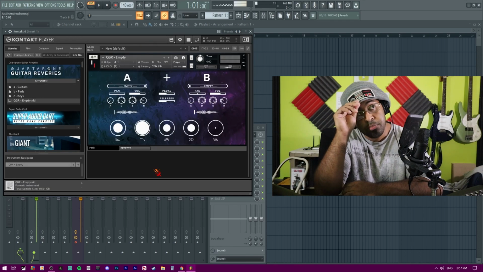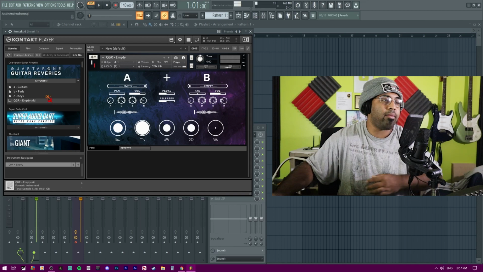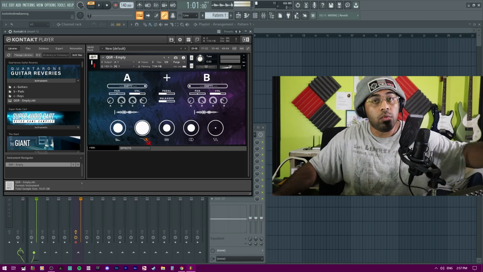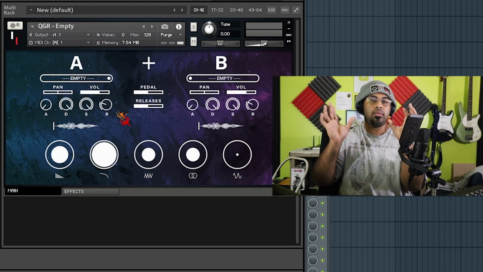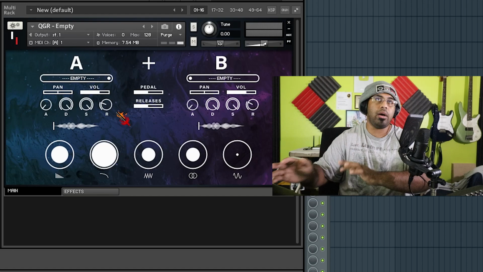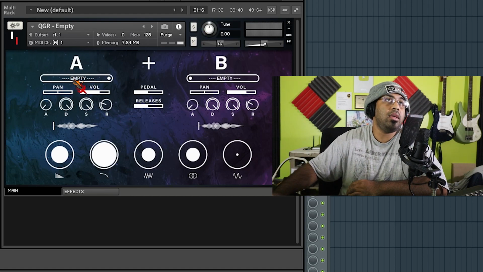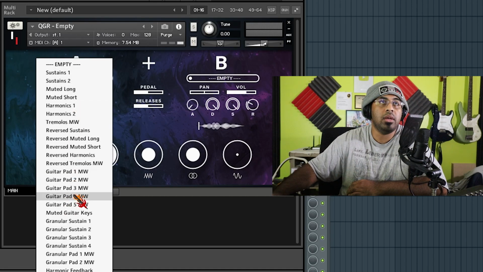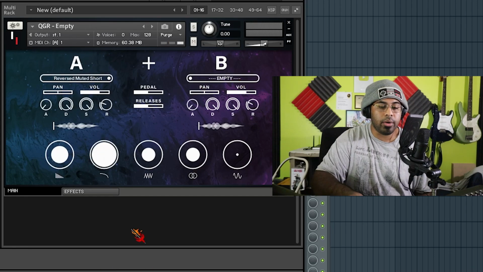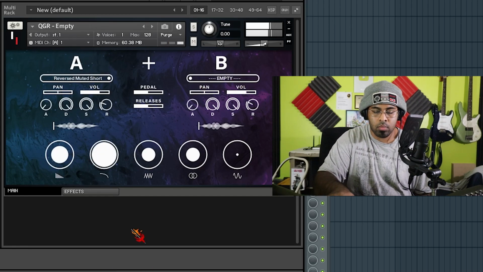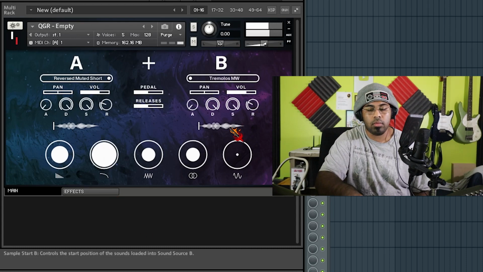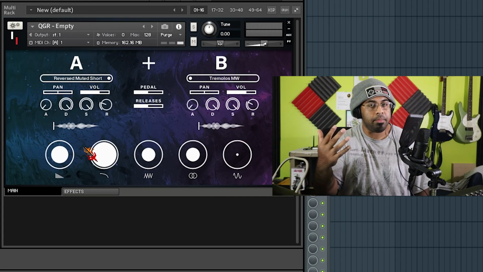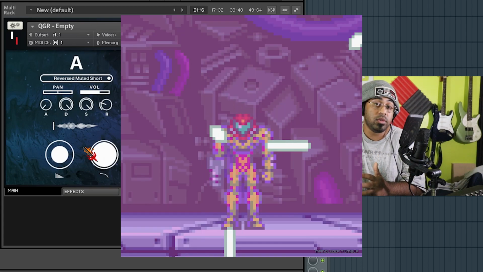In any case, there is pretty much 3 categories and a GUI right here, which I'll go ahead and explain to you right now. Right here, we have an A, a B, which is pretty much 2 different sounds, and then they'll combine depending on how you set the volume for them. We have the sound selection, well, pretty much the sound source style. So let me go ahead and hit the key. That's how that sounds. You can see how it kind of mixes in between and gives you a fusion of a new sound.